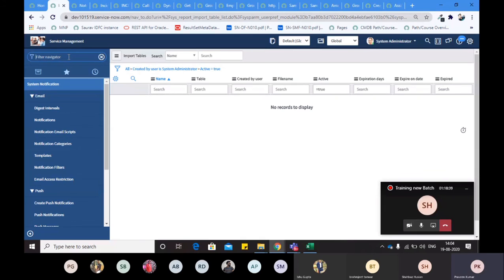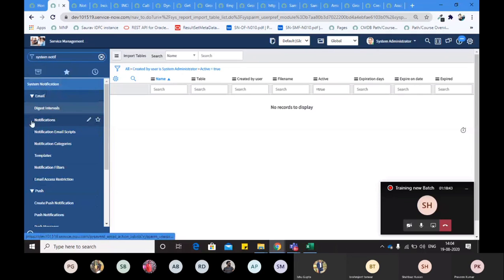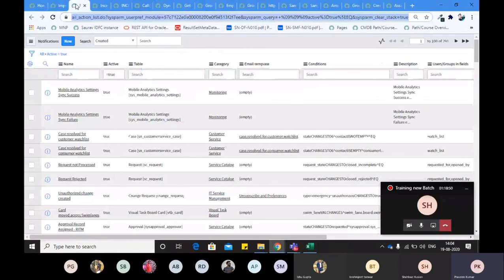To access the system notification, you have to write here system notification, and access the second module inside Email. Once you click here, it will take you to the notifications table, right? Here we will create our own notification.